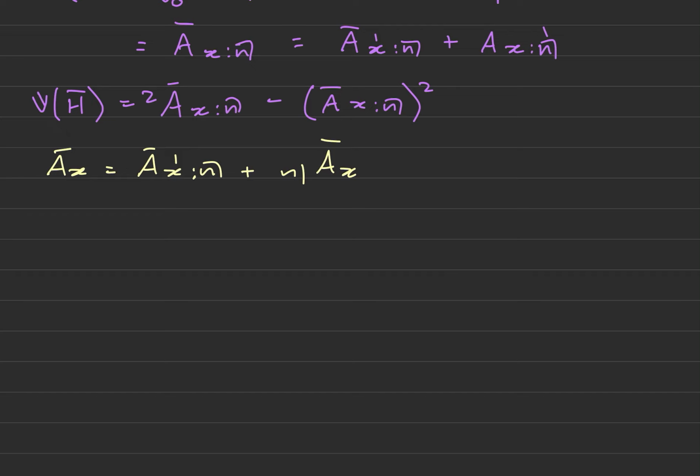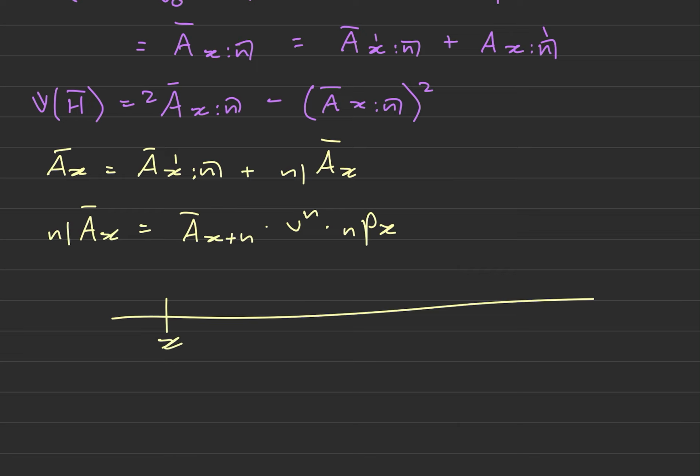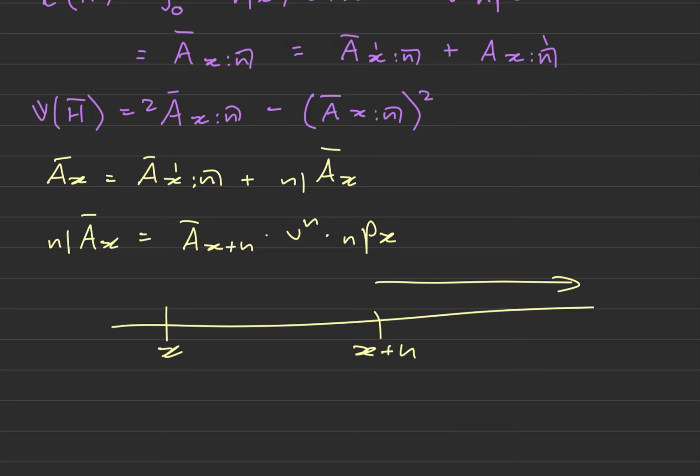Now another relationship that's pretty important is n|A_x is equal to A_{x+n} times v^n times nP_x. Okay, so why does this work? Well, drawing this timeline again, this is when he's aged x plus n. So this contract covers him from x plus n onwards. Now, if I want to calculate this, because this is a whole life assurance to a life now aged x but deferred by n years, so the cover only starts after n years, it starts there. That's basically just a whole life assurance contract from age x plus n, but now I have to discount it to this time point where he's aged x. So I have to include the probability that he survives to age x plus n, which comes from nP_x, and